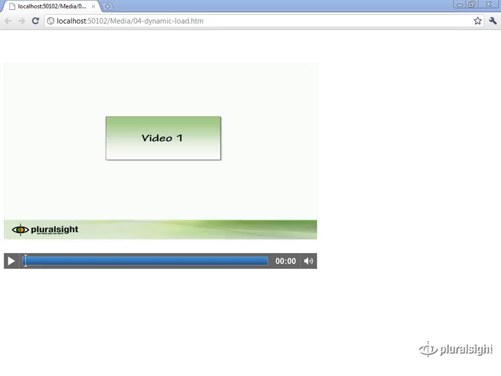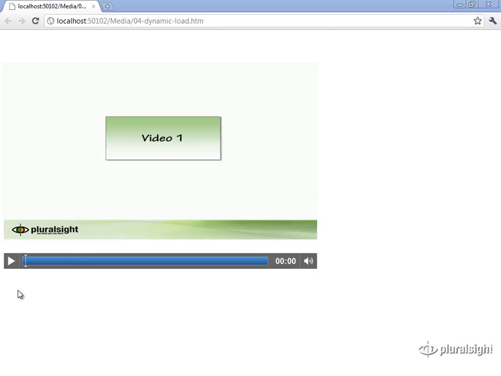The last example I'd like to show you is how to do dynamic loading of media within the players. Often when you're working with these elements, you'll have the need to programmatically load media within the players, for maybe ad insertions or things of that nature. So the way this example works is after the first video is done playing, it will automatically load in the